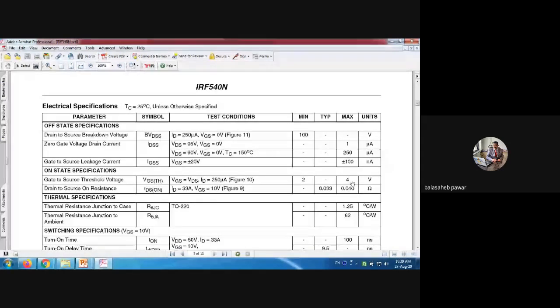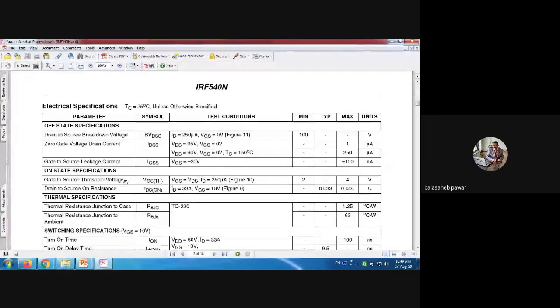Are you getting it? That means if there are 2 transistors and physically I am testing them in our lab, the first transistor's threshold voltage may be 2 volts, but if I replace it with a second transistor of the same number and manufacturer, it may need somewhat more voltage than the previous one to get turned on, right? That second transistor may require 3 volts. So for the second transistor, what is the threshold voltage level? 3. And for the first one, it is 2. And that's why, in general, the manufacturer provides minimum and maximum ratings of that particular parameter.